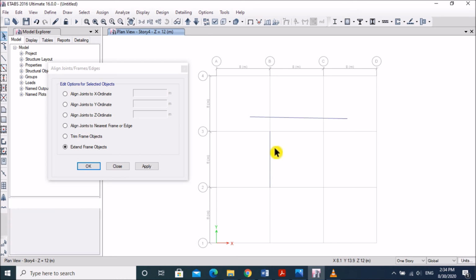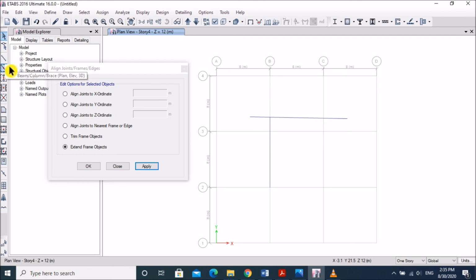I want to extend this line to this line, right? For this, select this one, select this joint, and select this object, right? Apply. You see, this is extended to this object.